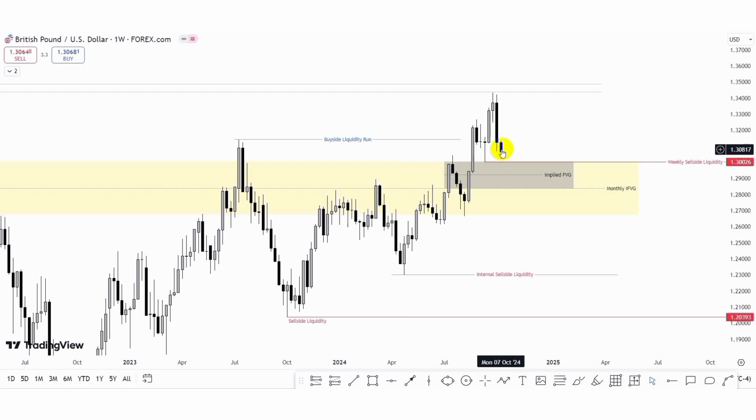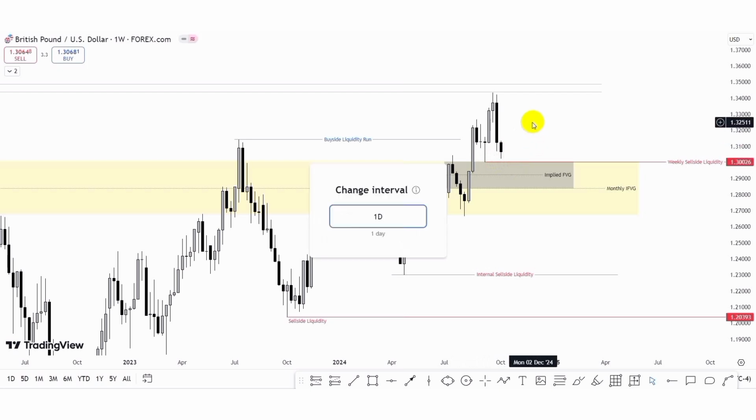So what we can see is that now price fell to the downside, but then price has not yet taken out this sell side liquidity, and price has not returned into our expected sponsorship zone. So I'm expecting to see the fall of price to take out this sell side liquidity before we can actually frame any form of a bullish move of price to the upside. So let's actually check the daily time frame.